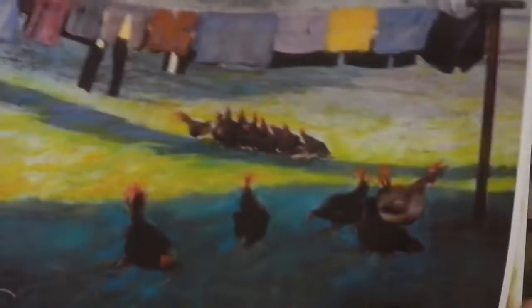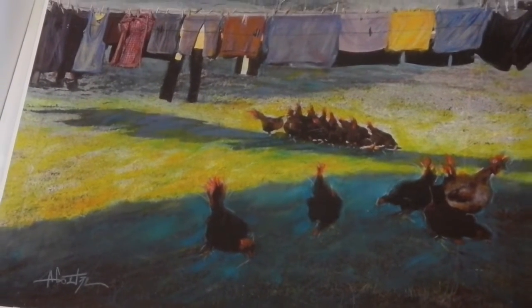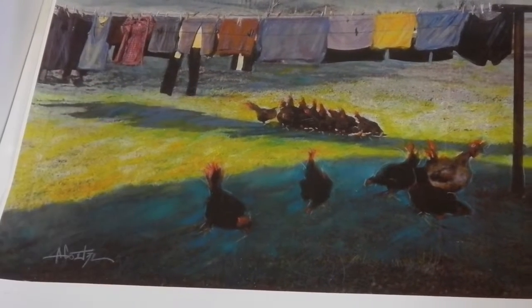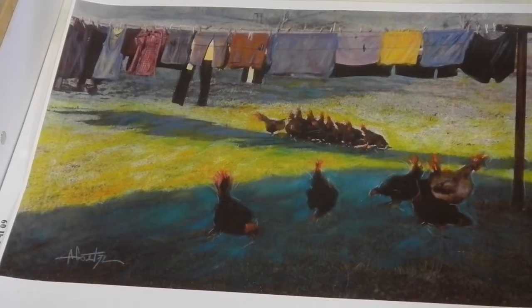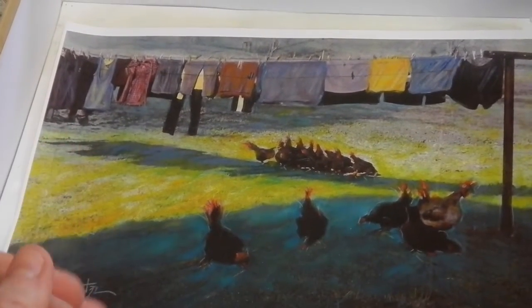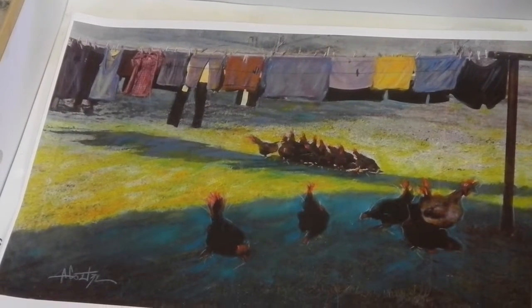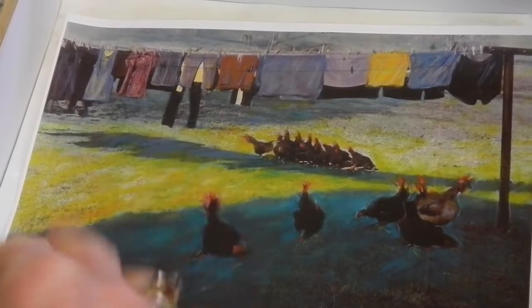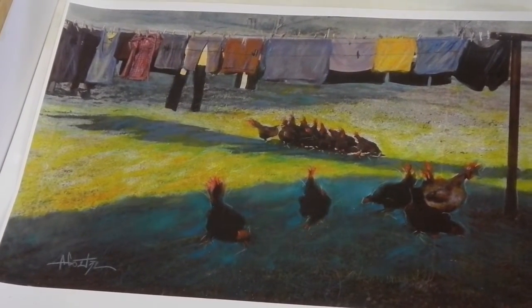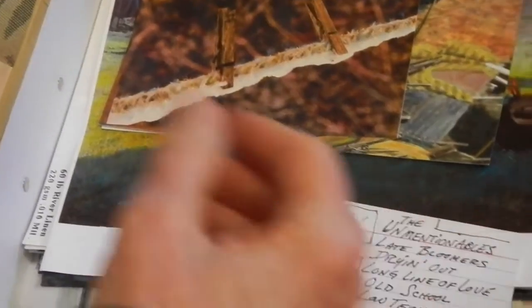And now this is just a print from the painting, and even when that happens, you can have a whole other piece, because we can't control sometimes how something is copied, and sometimes it comes out even more interesting than the original, because you can pull up some colors out of the shadows that you may not see on that flat two-dimensional surface. And of course, can't have enough of these. Anyway,